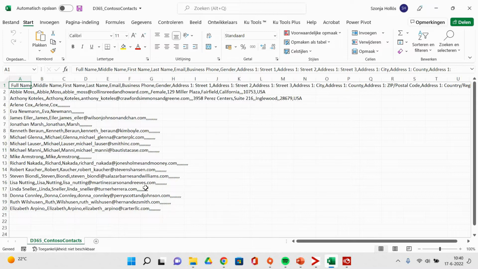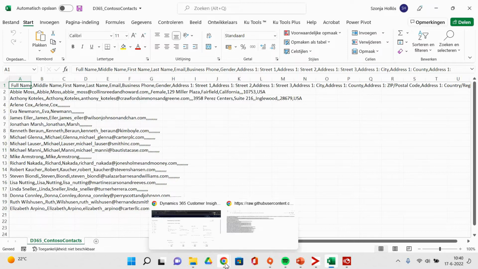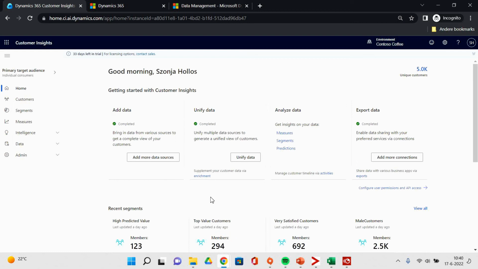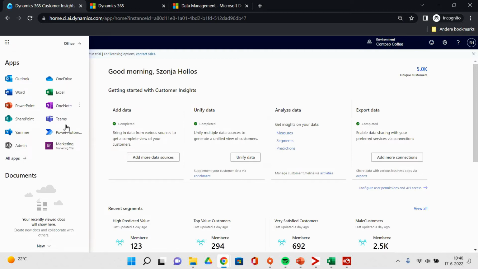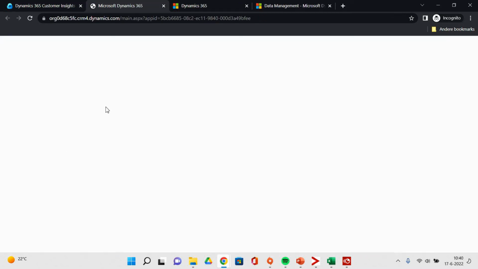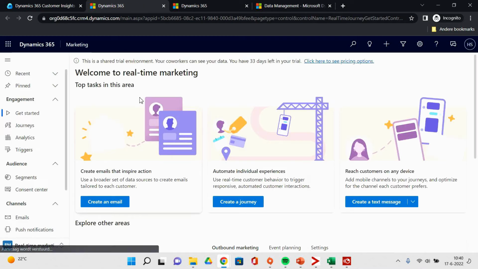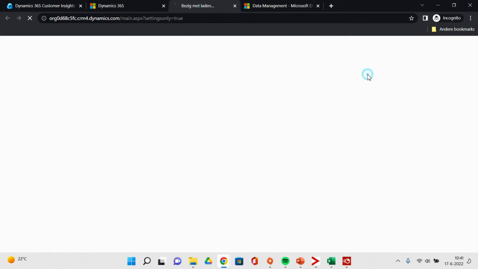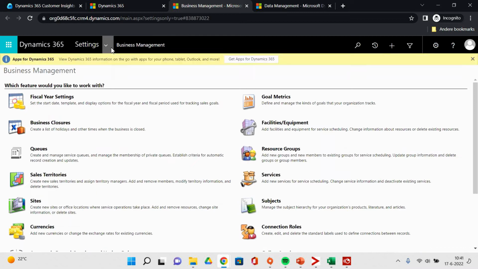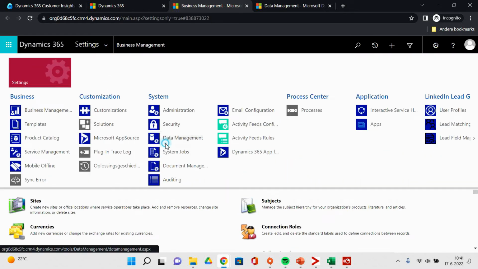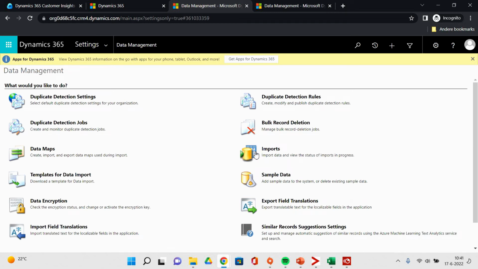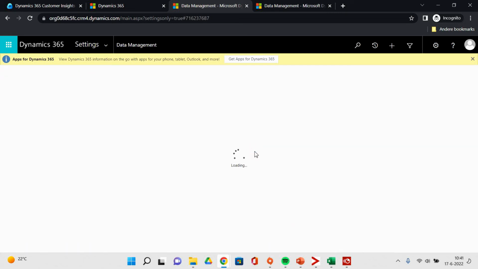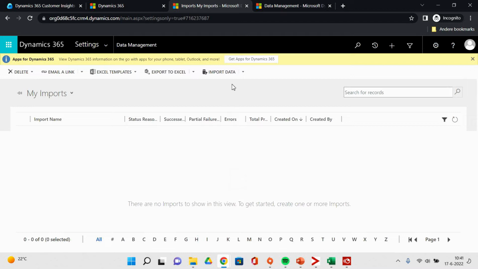Let's open the marketing environment now. Go to your Customer Insights environment, click on the button on the top left, and select your marketing app. Click on the Settings button on the top right of your screen and click Advanced Settings. Click on this button and go to Data Management. Go to Imports next. Click on Import Data